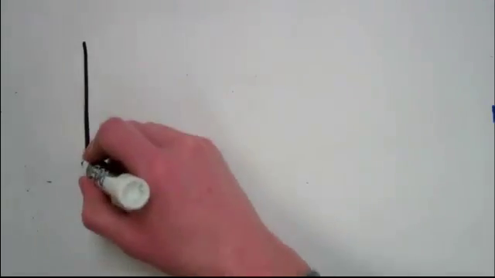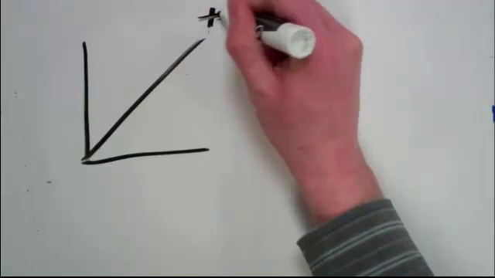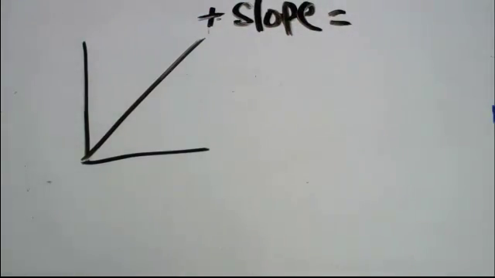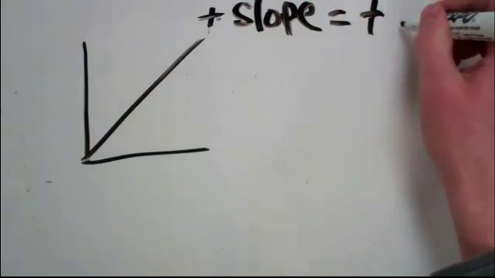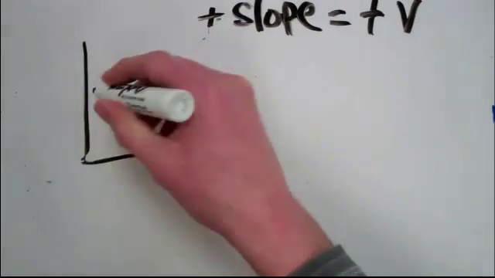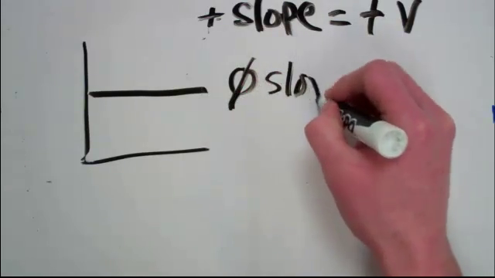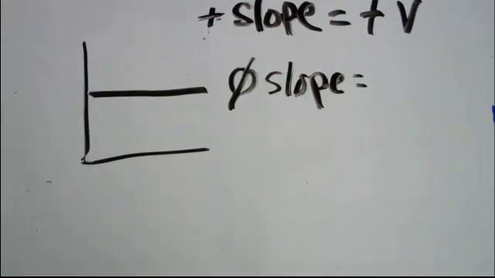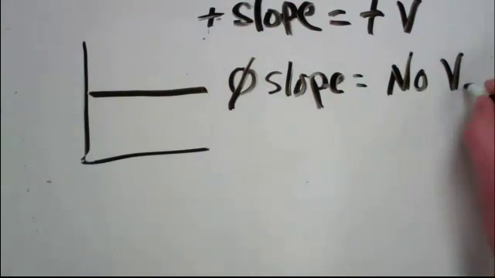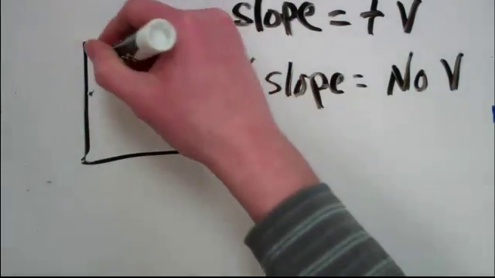Whenever we have a positive slope, that's going to equal a positive velocity. It means you're speeding up, right? But if you have a 0 slope, straight across like that, that is going to represent no velocity. You're just standing still. And if you have a negative slope,